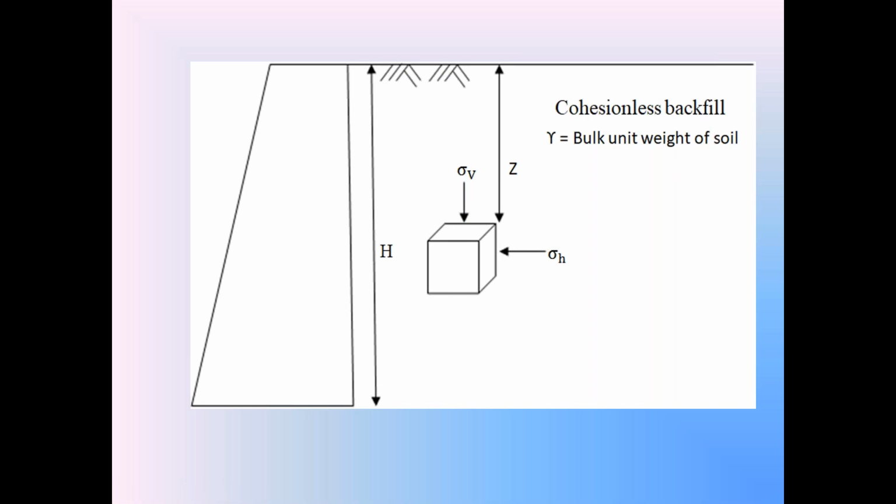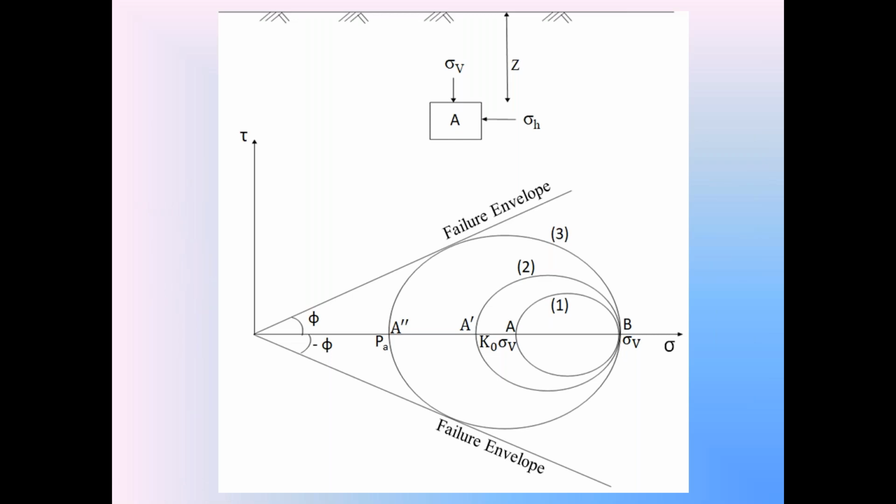What happens to the Mohr stress circle when that sigma H gradually decreases? What is sigma H from the origin up to this point A? This length OA is sigma H. In the active condition, this sigma H is decreasing. When sigma H is decreasing, the point A is approaching the origin. Sigma H is decreasing, sigma V is constant. In the active condition, vertical stress is constant.